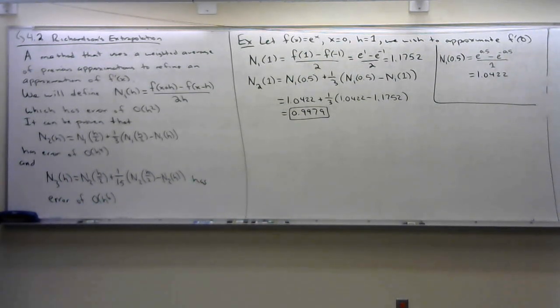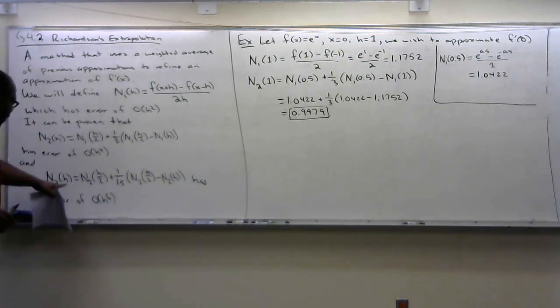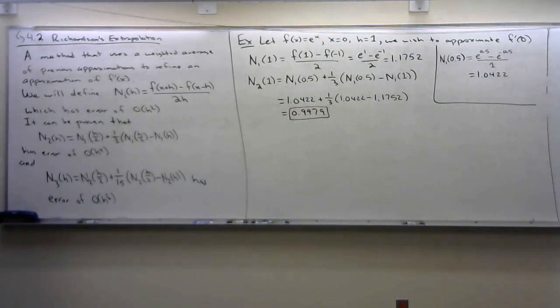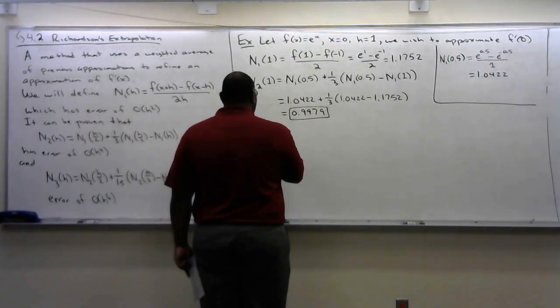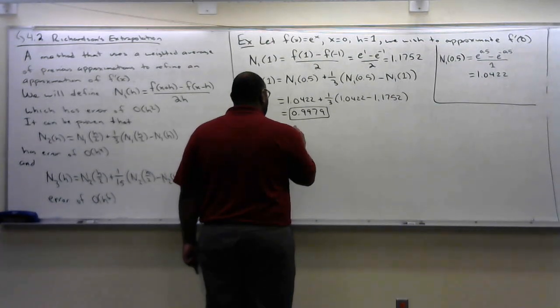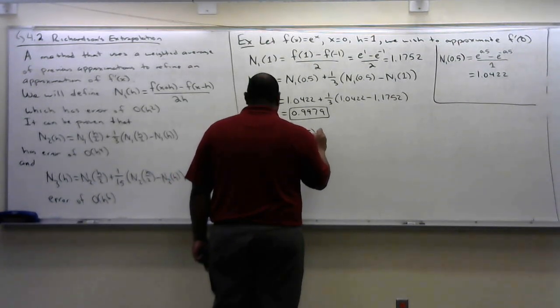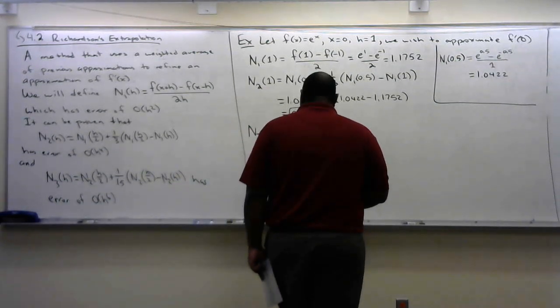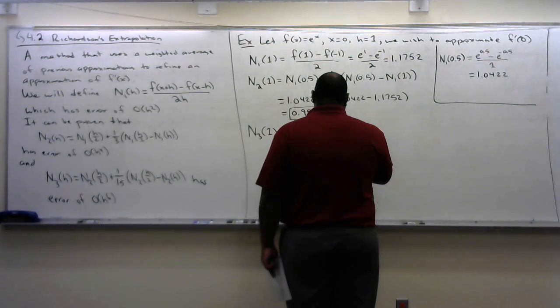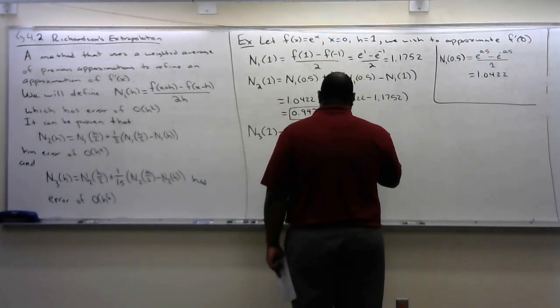Well, can I get better than this, right? Can I get a better approximation than this one? Well, we can try by taking a weighted average of n sub 2. So if we use our formula that we have here for n sub 3, n sub 3 of 1 is going to be equal to n sub 2 of 0.5 plus 1 over 15 times (n sub 2 of 0.5 minus